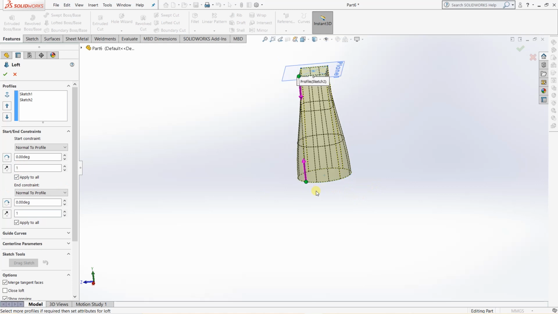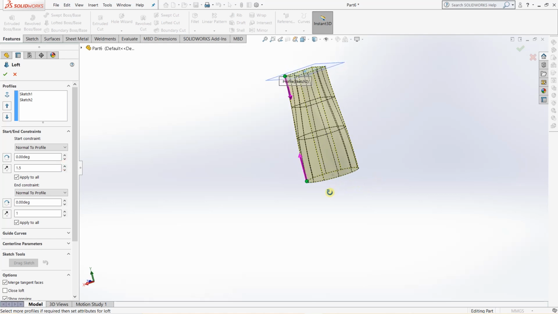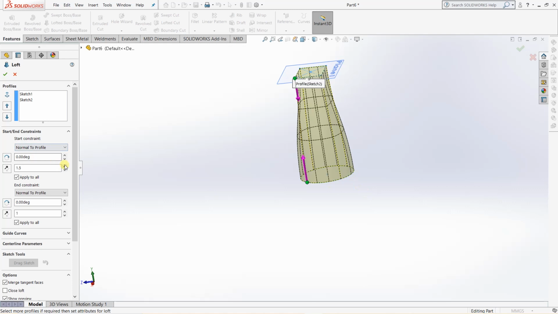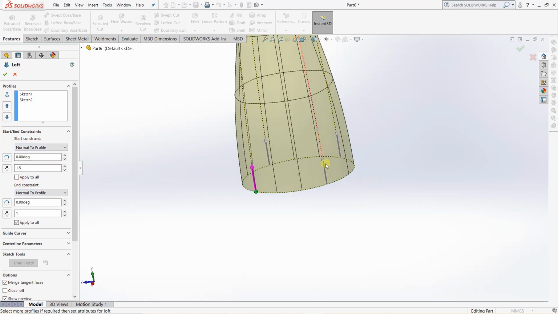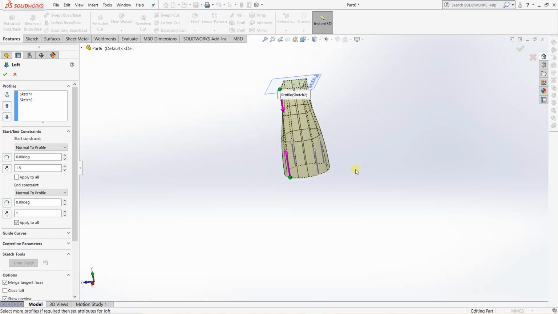At first our settings were applicable to all the points on the profile sketch. Now if you uncheck this, it will create a variable shape here.